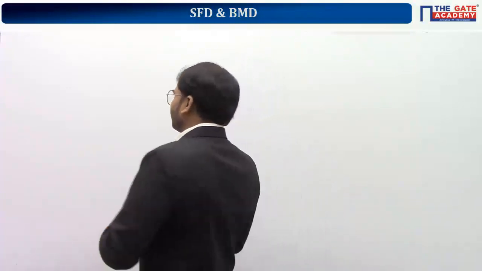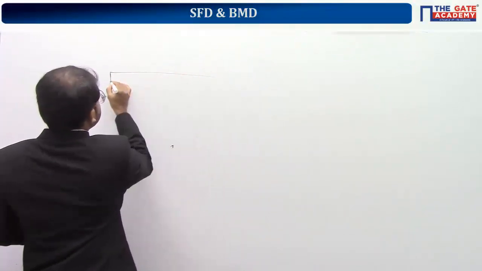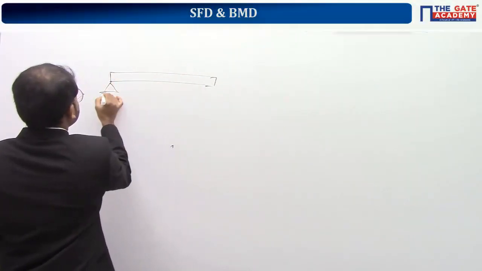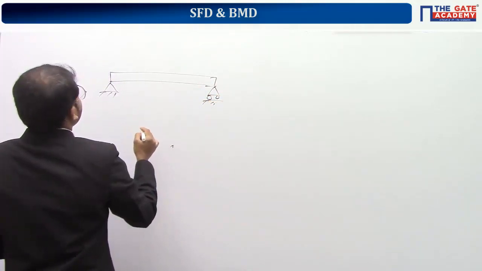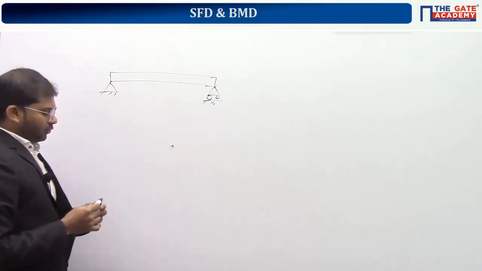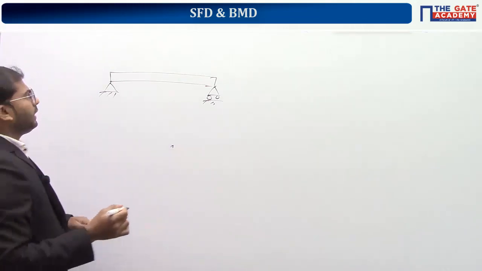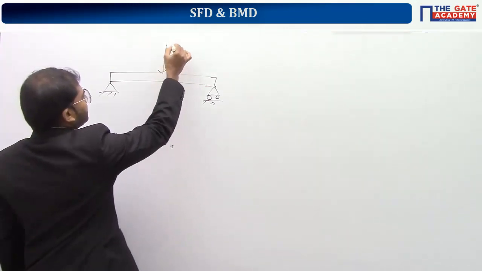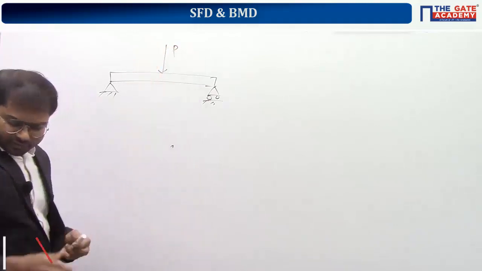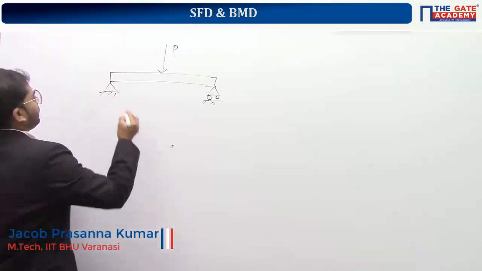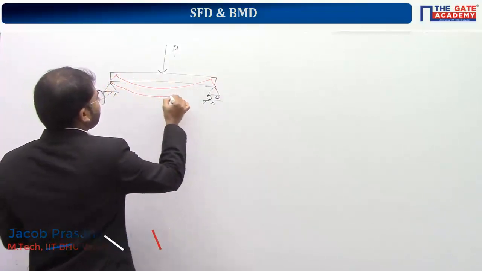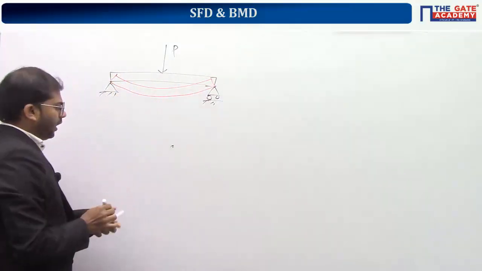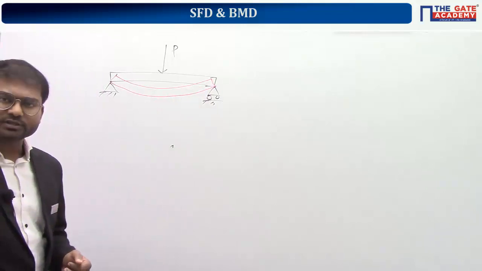So look here, observe it carefully. Let's take a simply supported beam. Here there is a hinge, here there is a roller. Before application of load, the member is like this. I am applying a load P like this at the center. This is giving rise to deflection. The beam, let's assume, is deflecting like this. I am just exaggerating the elastic deflection so that we can recognize the deflection at every point clearly.